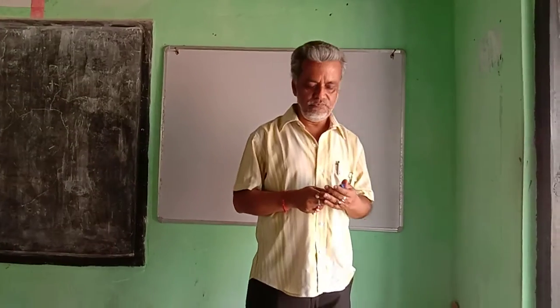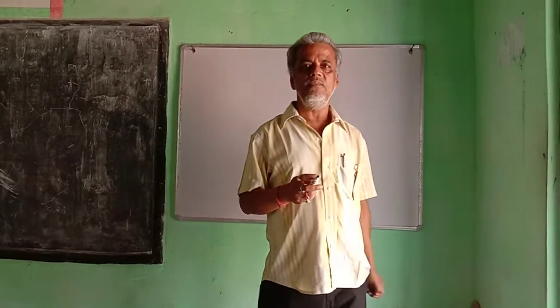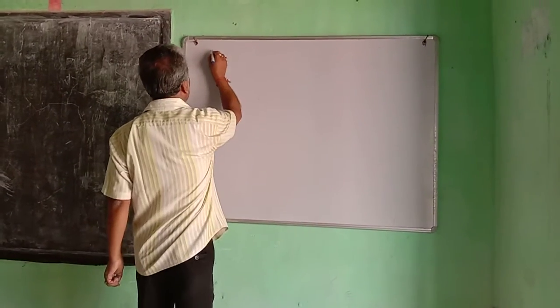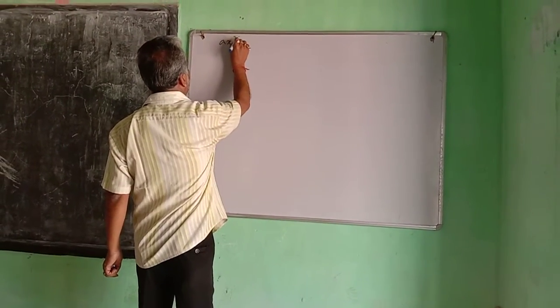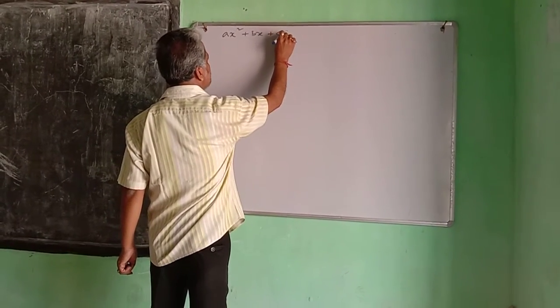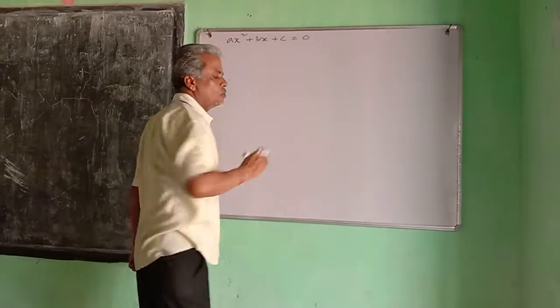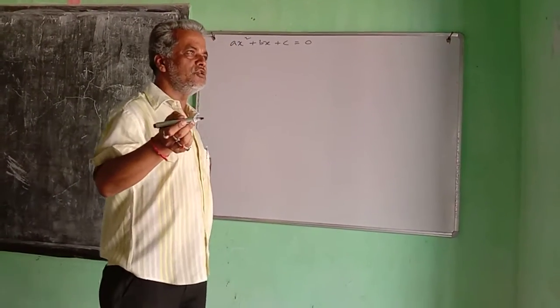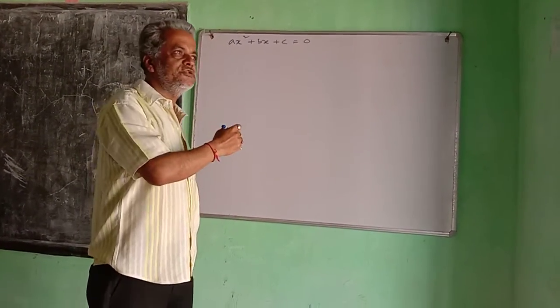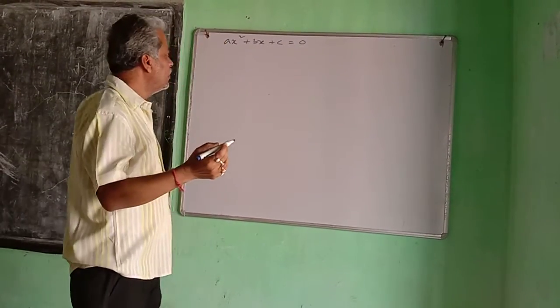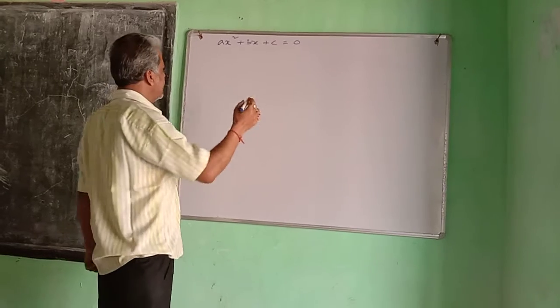So you know the general form of the quadratic equation is ax squared plus bx plus c is equal to 0. Now, if we go to solve this by the method of completing the square, then the first step is